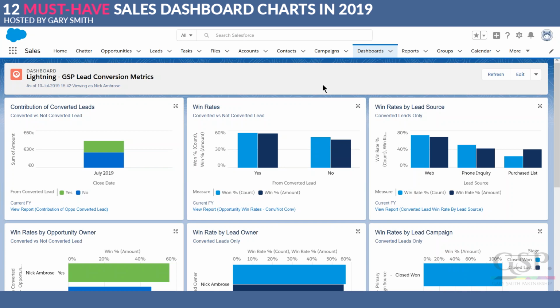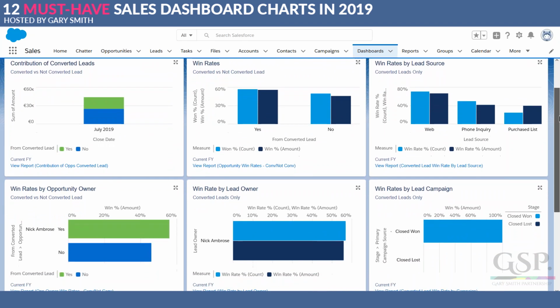Now, if you just think about that, many new customers, not always, but a lot of new customers come from a converted lead. So this is the conversion rate by the number of leads and the number of opportunities and the value of the opportunities, where those opportunities came from a converted lead versus those opportunities that were created directly on the account. So where you've got existing customers and you're creating opportunities directly on the account, you want to know the conversion rate there. But it's interesting to know the conversion rate overall against opportunities that came from converted leads, and that's exactly what we're showing here,